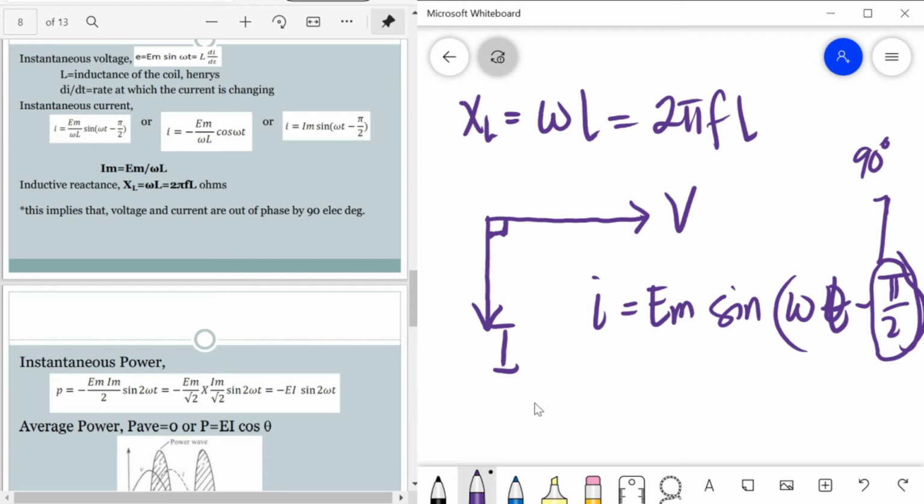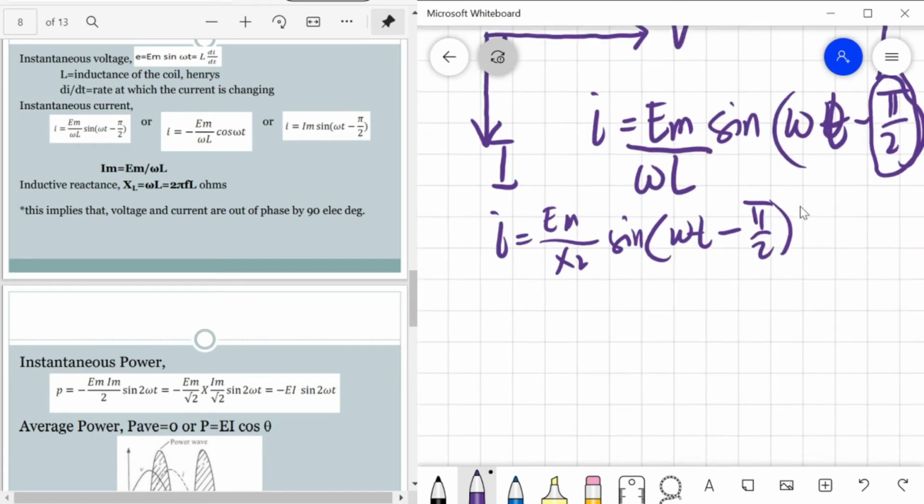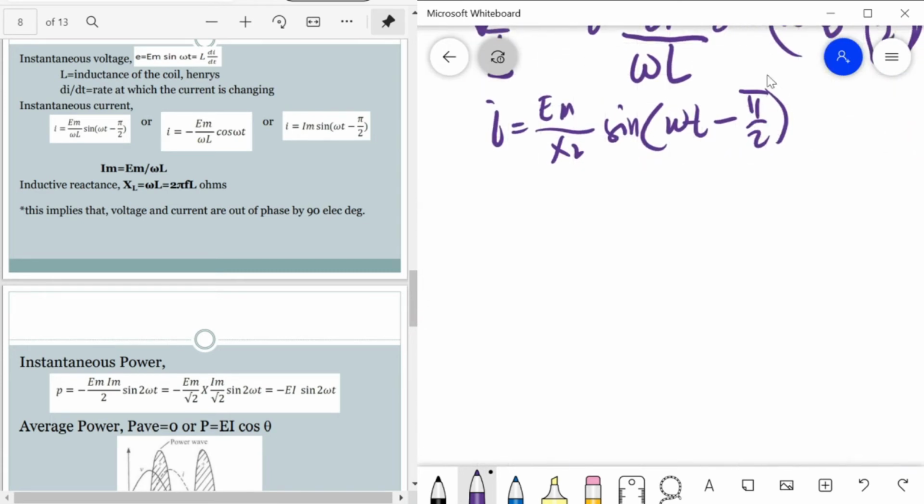And since this is instantaneous current, we divide the voltage by omega L. Omega L is our XL. So, I is equal to EM over XL times sine omega t minus pi over 2. This negative pi over 2 represents our phi, the phase angle